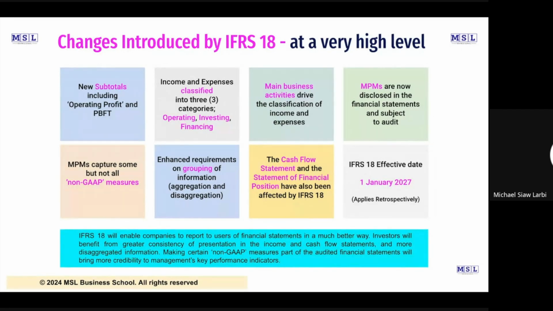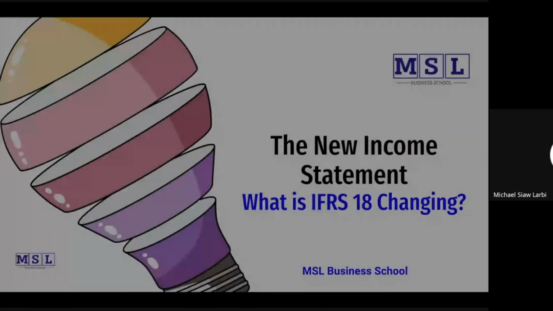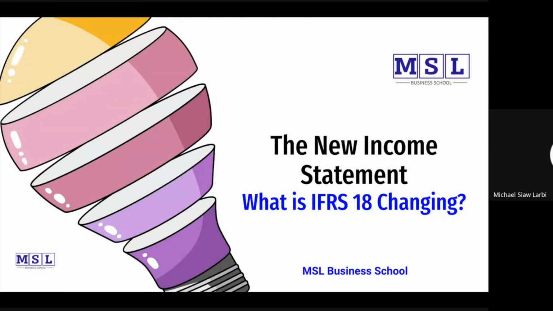So this is an overview at a glance. If you want to just know what is changing, these are the high-level issues, right? But there's a lot more detail to this, as I'm sure you are suspecting. So let's start. The new income statement. What is changing here? And what's the big deal, right? Why do we call it a new income statement in the first place? So for this,